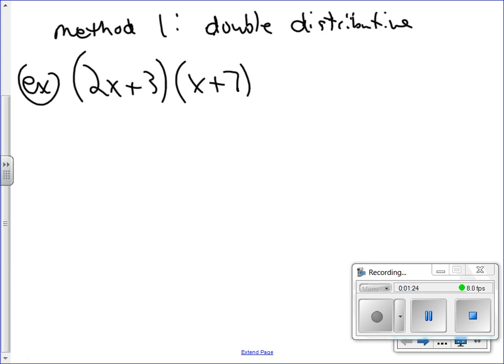You don't know how to do that unless you remember from last year. Okay? All right. Double distributive property. Now, the idea behind double distributive property is that each term in the first binomial has to get multiplied by each term in the second binomial. You may have done it, but I want you to recall something that you learned quite a while ago, and that was learning how to multiply